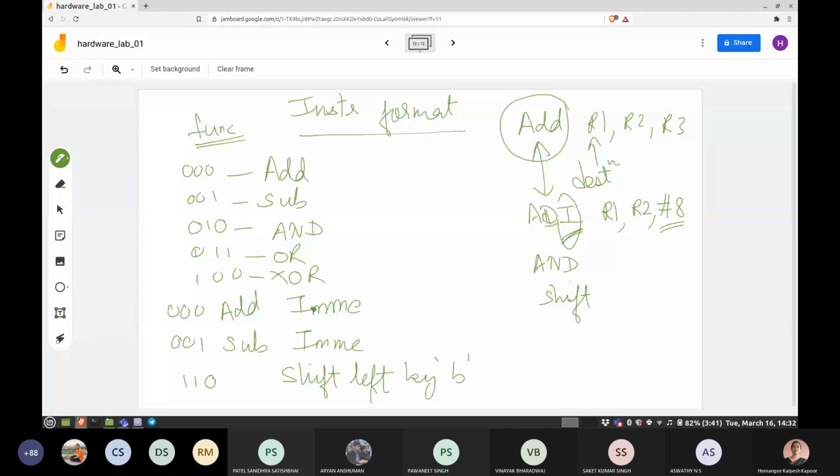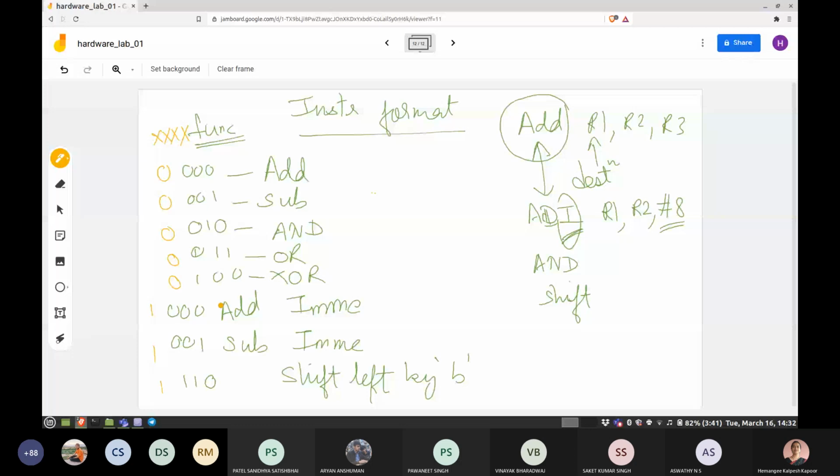And to distinguish between the add and the add immediate, I need one more extra bit in my opcode. So I have a 4-bit opcode, and the MSB is 0 in the normal ones, and it is 1 for the ones which need the immediate data. When you have 4 zeros, you have to do the add. When you have 1 followed by 3 zeros, you have to do add immediate.